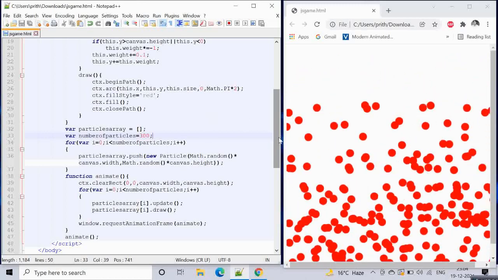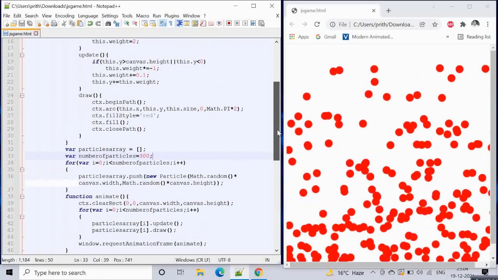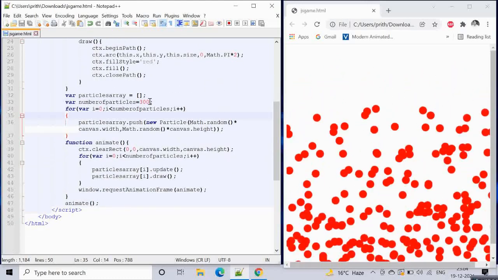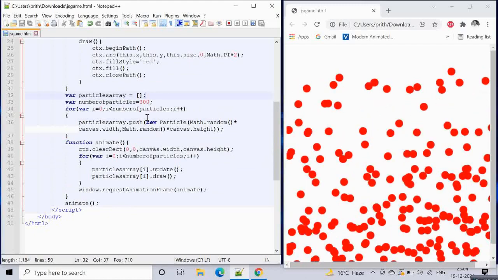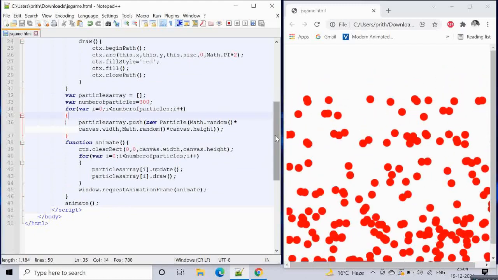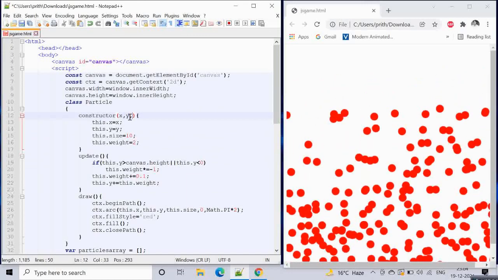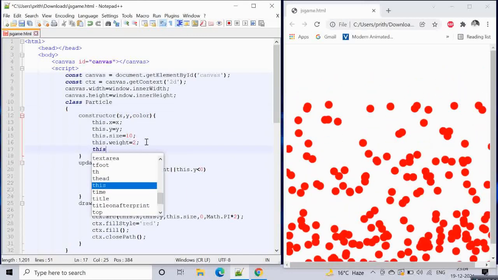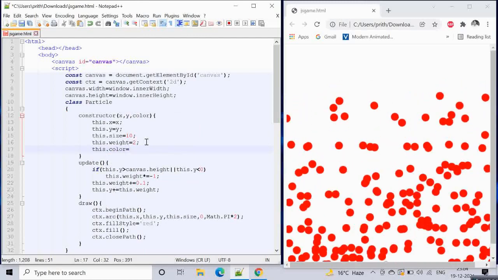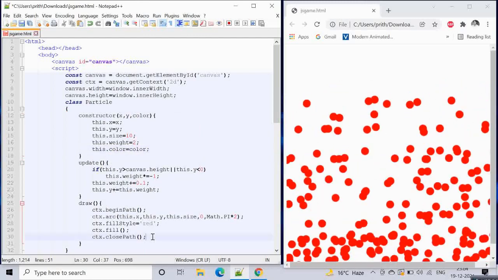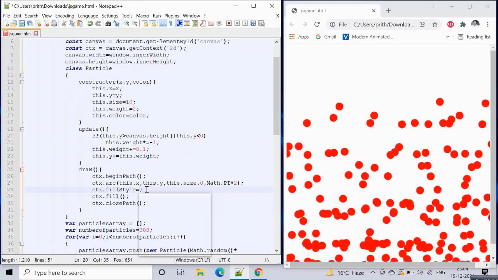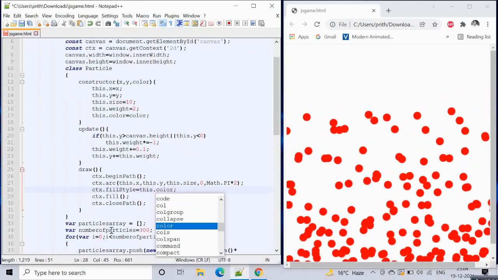So what we can give is color. We can change the color of the balls. For that we can give over here a color variable, and this dot color equals color, and then here instead of giving red, we can give this dot color. And this color value we have to pass over here.